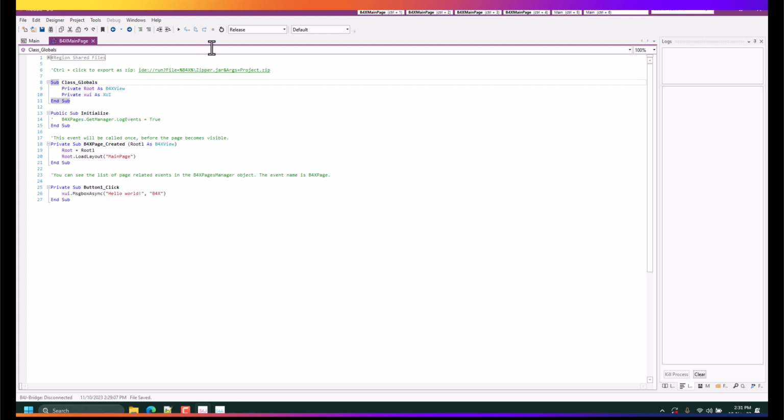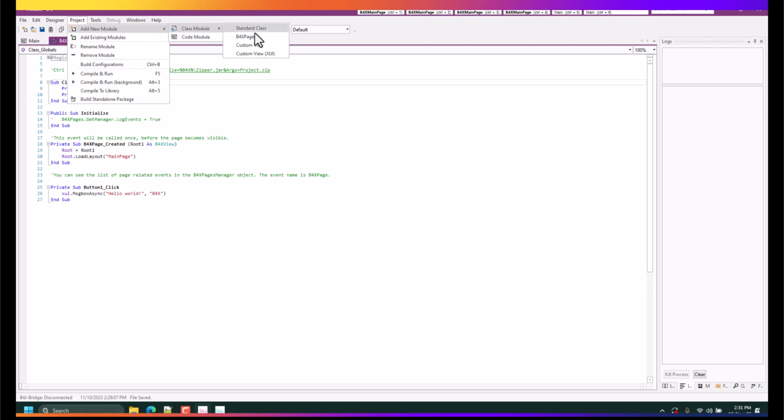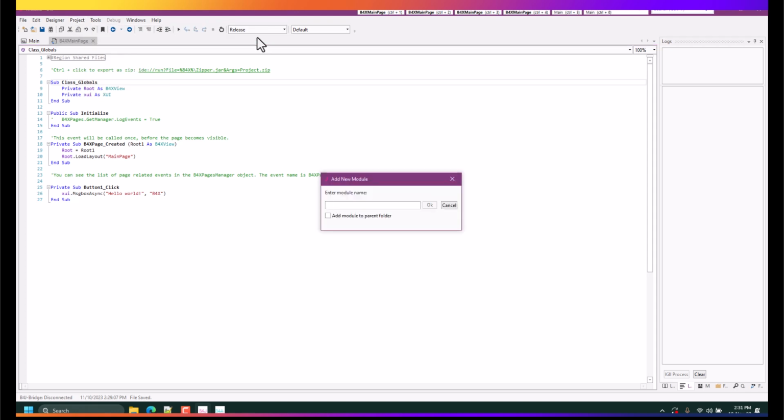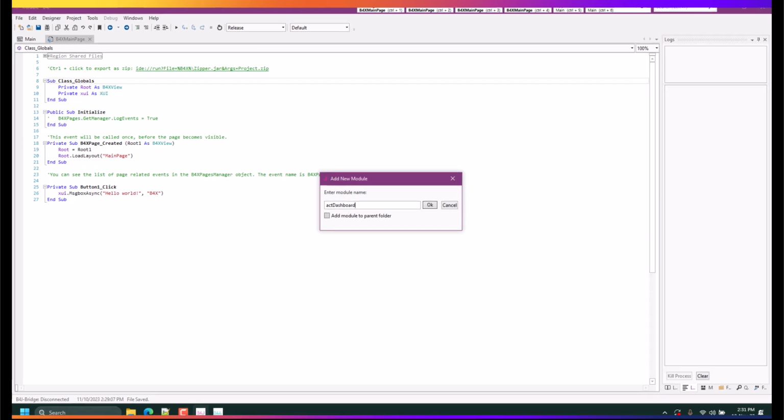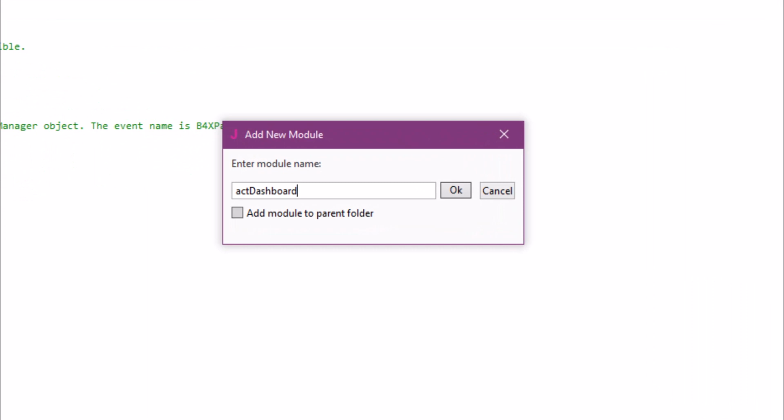Okay, now let's go to adding new models. Let's create our own models. To do that, you go to project, add new model, class model, B4X page. Let's name this one ActDashboard. Now let's take a critical look over here. There is this thing called add model to parent folder.